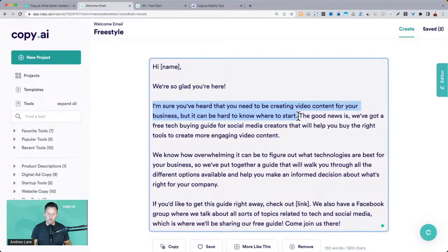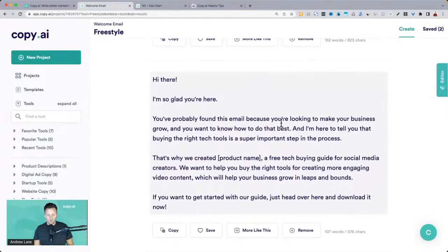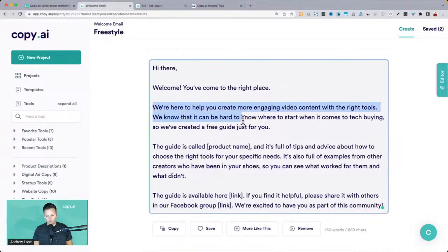The good news is we've got a free tech buying guide for social media creators that will help you buy the right tools to create more engaging content. We know how overwhelming it can be to figure out. All right, a little redundant here, but it is reinforcing some of those key points. Let's keep scanning. It's a little broad. I want to see something more. I like this. This sounds really nice. You come to the right place. Reinforcing the core message,